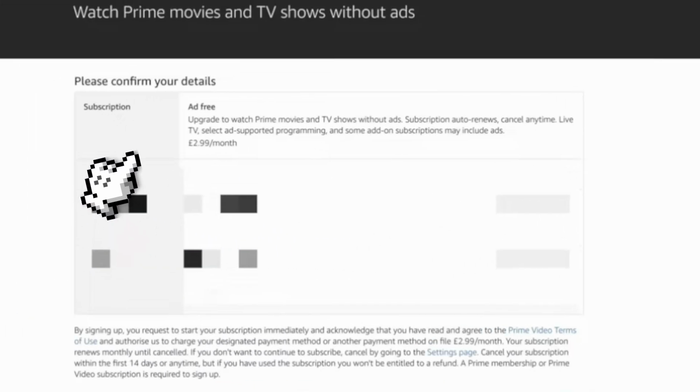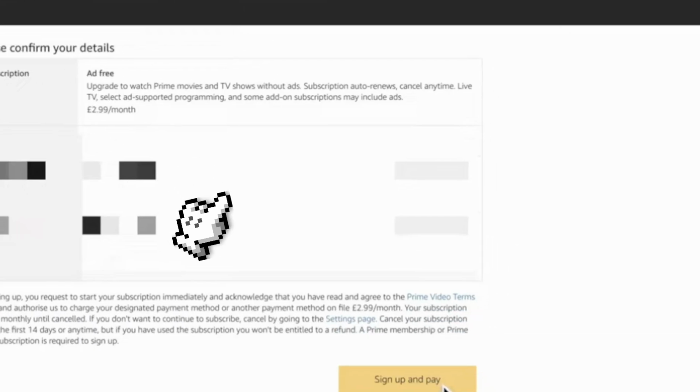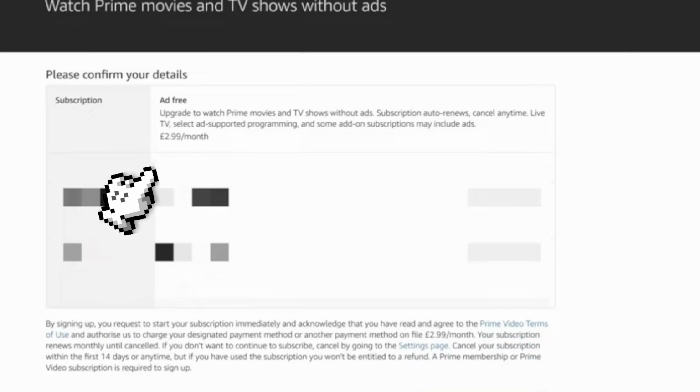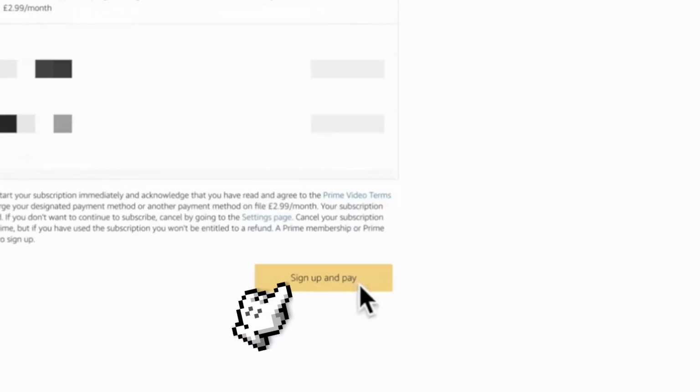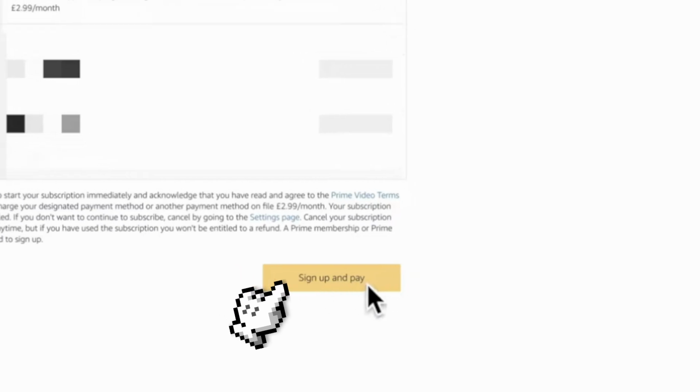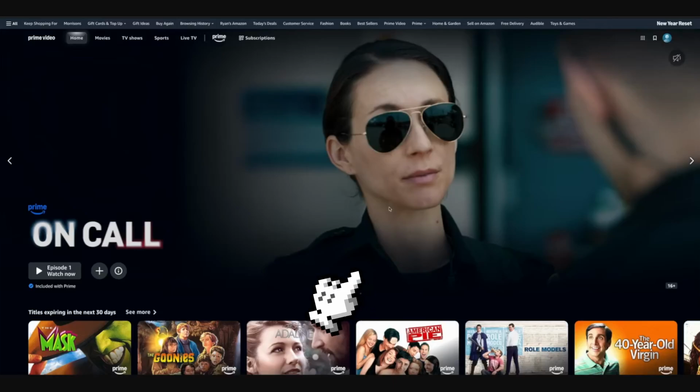And then we're gonna see information about unsubscription. And we're gonna click this button right here called sign up and pay to free or cancel your ads. Okay, it's really simple. You need to pay obviously, but it's